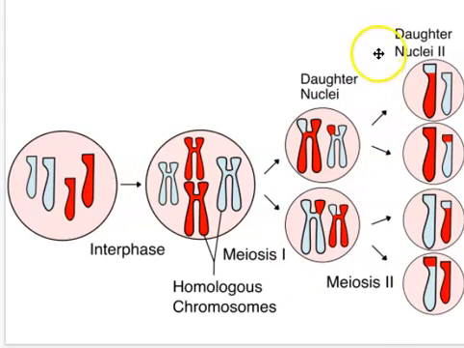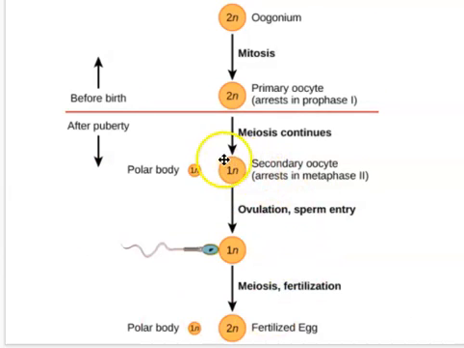You're only going to finish meiosis 2 if, in fact, your secondary oocyte cells come into contact with the sperm. So the minute that the sperm actually touches and kind of breaks up the membrane of this cell, the cell will immediately go into meiosis 2, will immediately finish meiosis 2, let go or eject